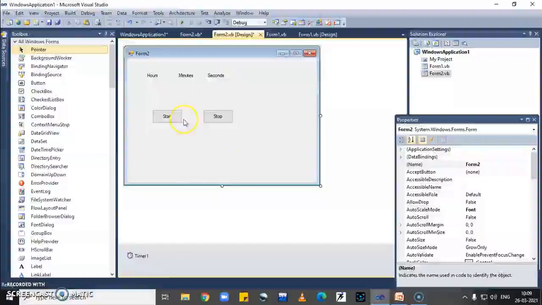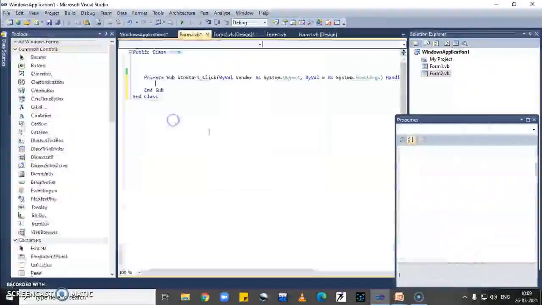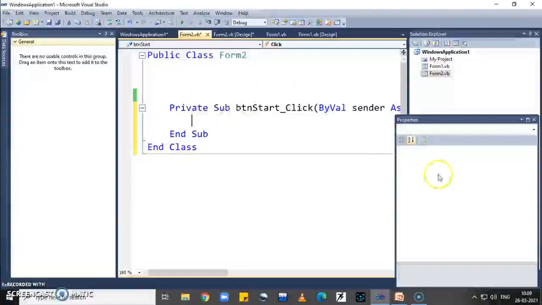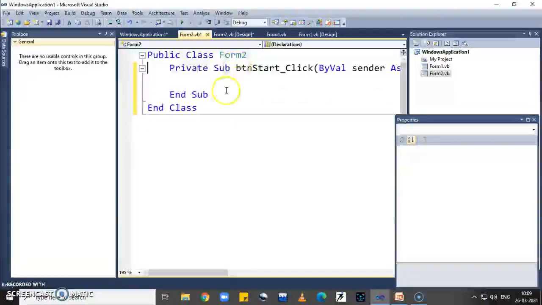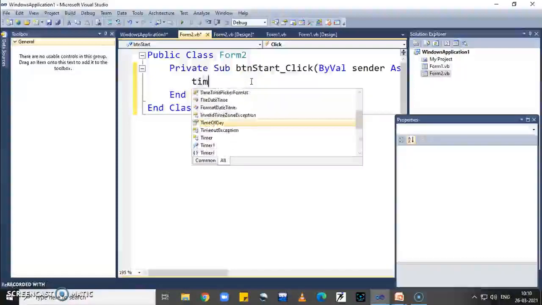Now let's start the coding. Whenever we click on this start button, in this code btnStart is my button control and click is an event. When we click on the start button, my timer must start.